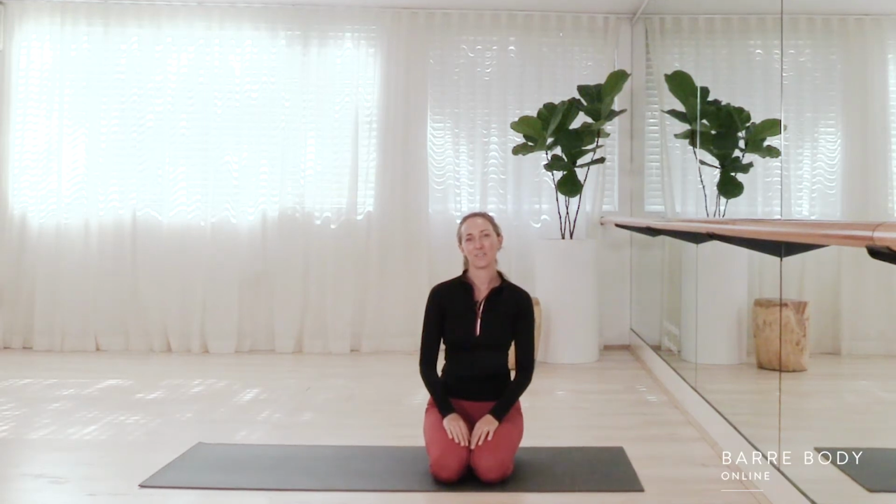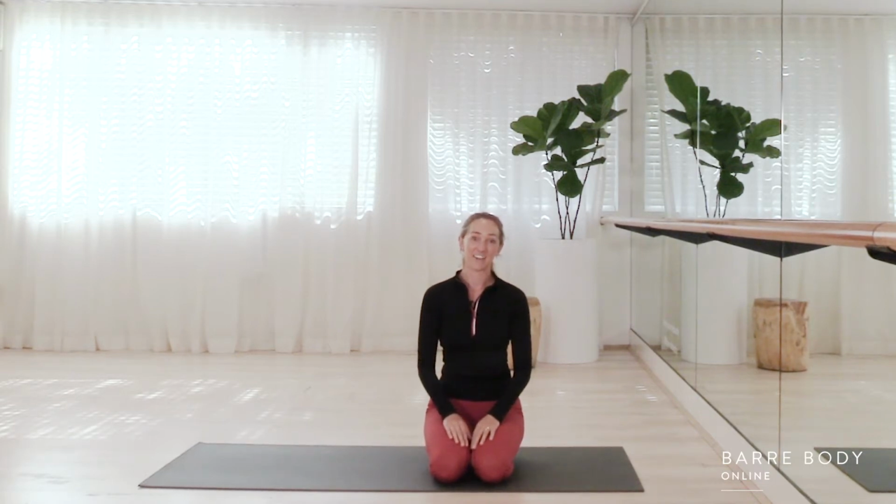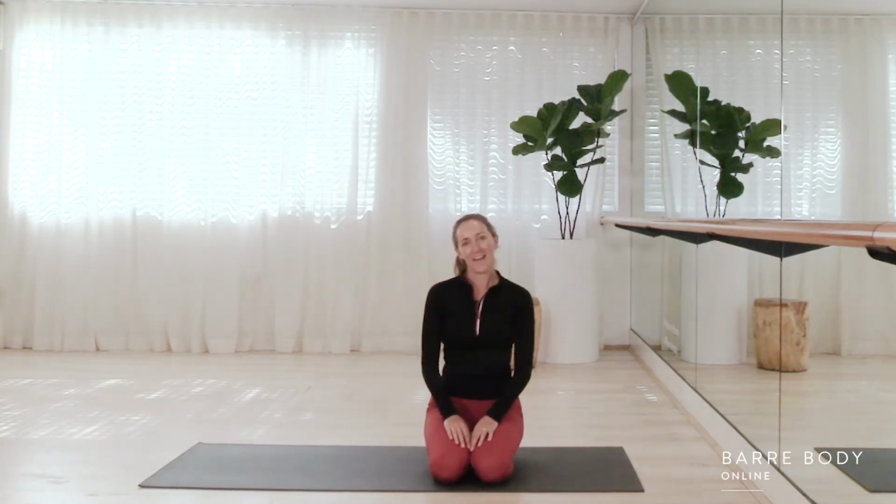I'm going to be taking you through a 20-minute stretch sequence. So if it's the end of your day, you can maybe dim the lights, light a few candles, or if it's throughout the middle of the day, just giving yourself a nice space to relax, let your nervous system drop and enjoy. I'm wearing Barre from Mode Sportif, and we're going to get started just by sitting back onto your